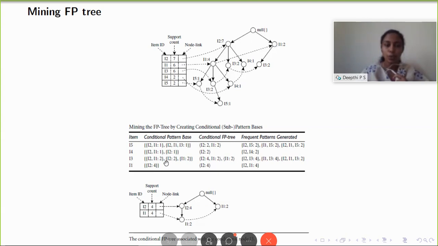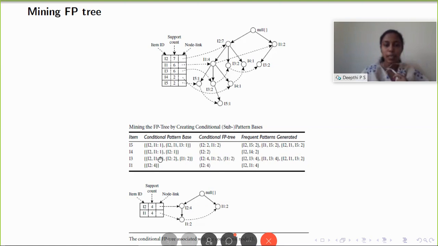So we have to retain them separately. So this will be in one set and this I1 will be in another set. So this condition did not occur before in the previous two steps. This is because the branches were different in these paths. So you have to retain I1 as 2 here separately and this I1 as 2 here separately. So since all of them satisfy minimum support count, these can be added in the conditional FP tree.